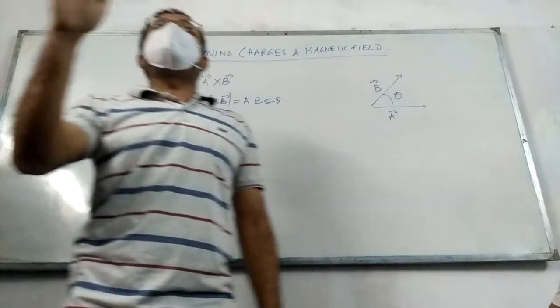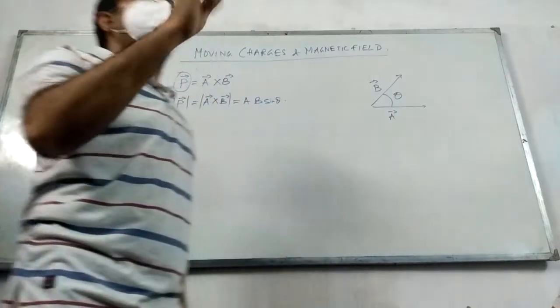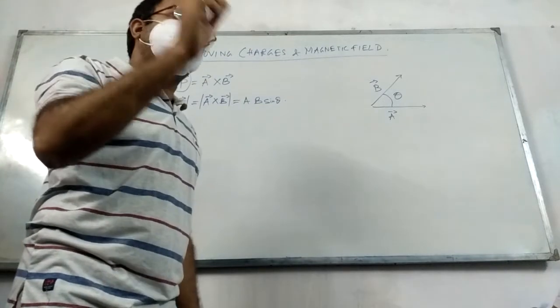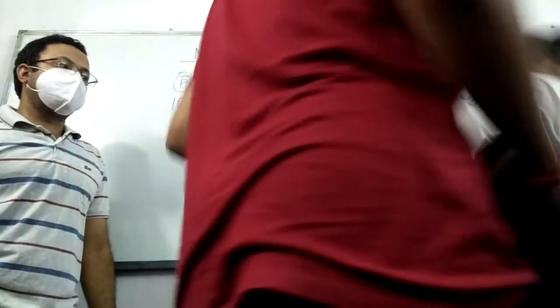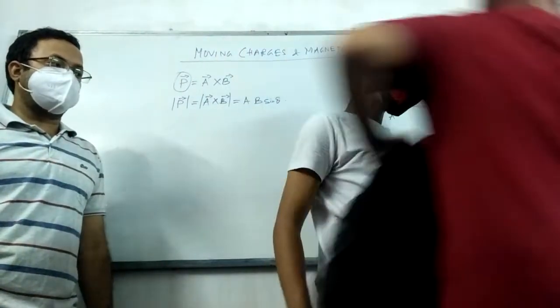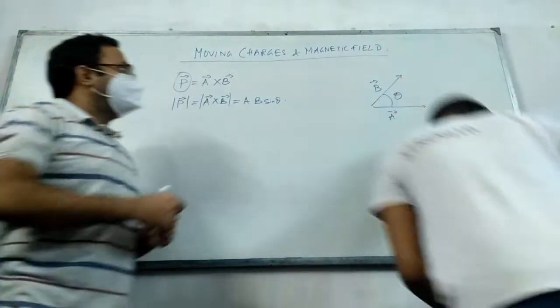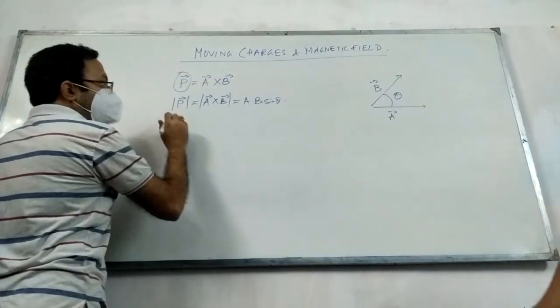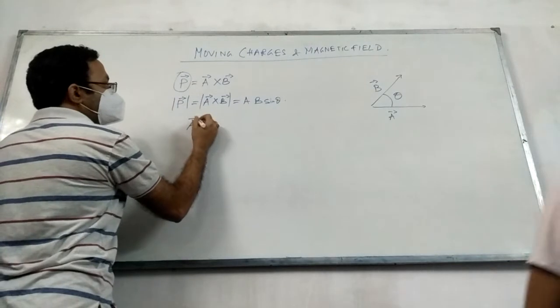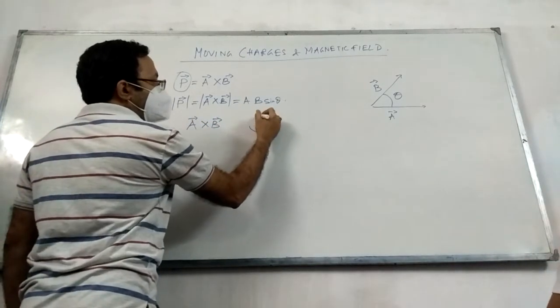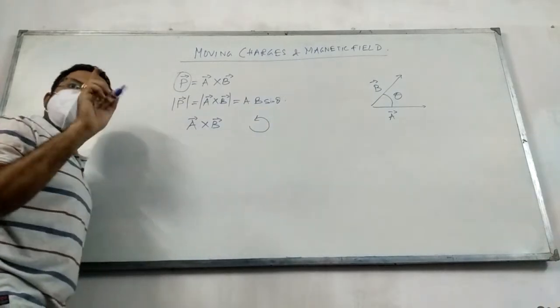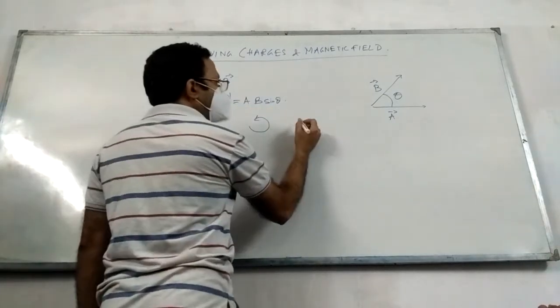Alright? আর যদি right hand thumb rule কারোর মনে না থাকে, just remember anti-clockwise is positive, which is outwards, and clockwise is negative, which is inwards. ঠিক আছে? So, what did we learn? A cross B যদি আমি করি, I am closing in which direction? Anti-clockwise. So the direction of the product vector